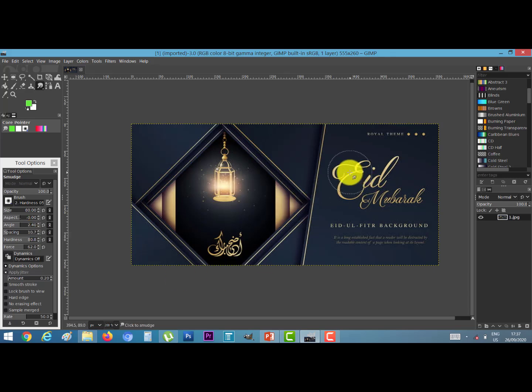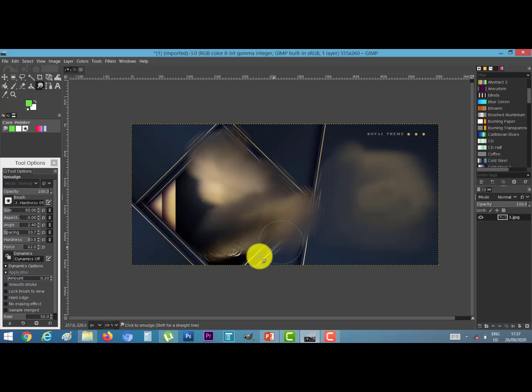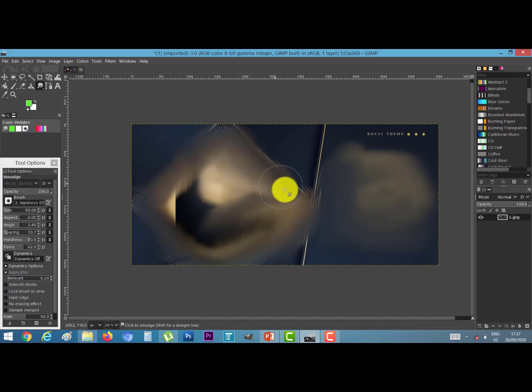Now click on the image and drag it. With this tool you can mix your image with the background. This tool is smudge tool.